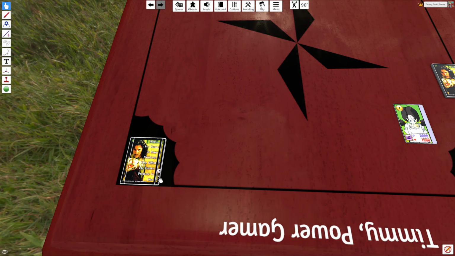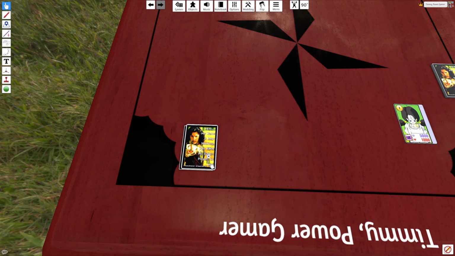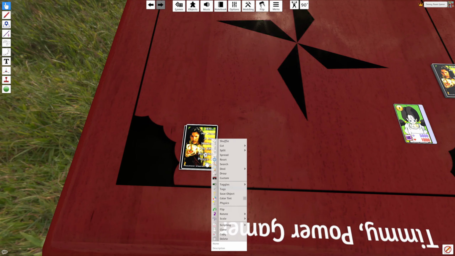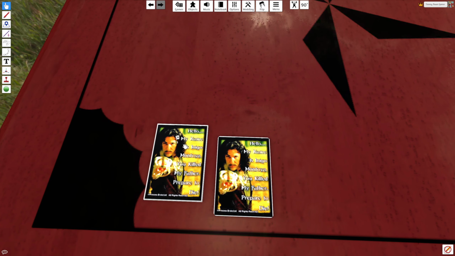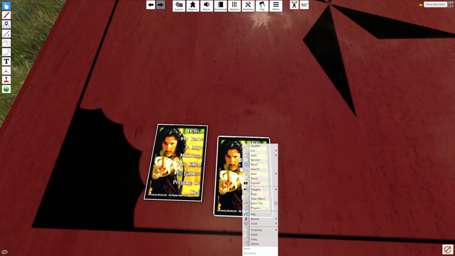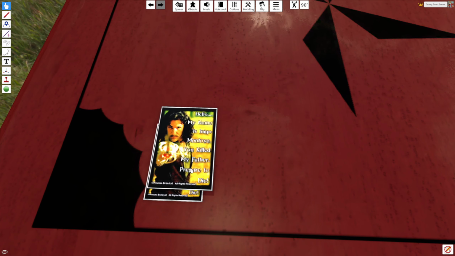Okay, for whatever reason these cards do not want to become a deck. I wonder if it's because I made them differently, like separately. I don't know. Oh, right, because one of them has the rounded edges and the other one has the rectangle edges. So I actually did make these distinct, and now you can't make them into one deck because they are not the same cards, which is fair. Let me see if I can edit that in the custom options. Base, back is hidden, sideways, rectangle. So I made the other one just a strict rectangle. And I wonder if now I can...